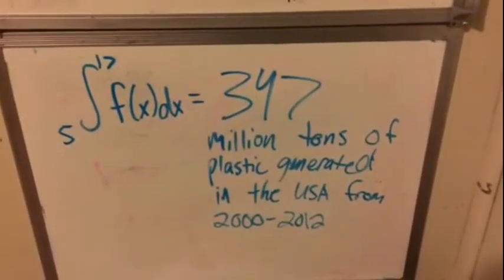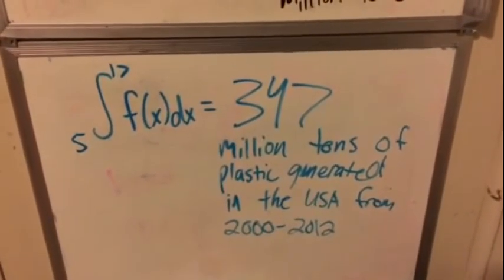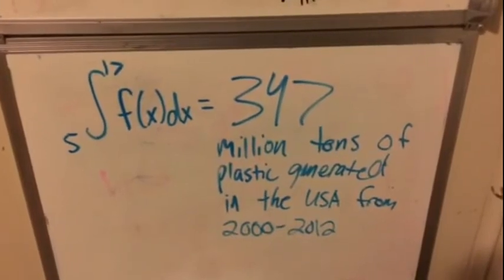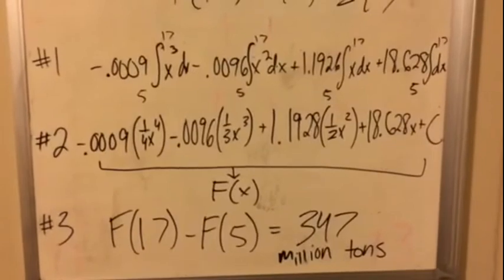5, which turns out to be, here's our answer, which is 347 million tons of plastic was generated between the years of 2000 and 2012 in the USA, and here's the work, the 3 steps in how I got that